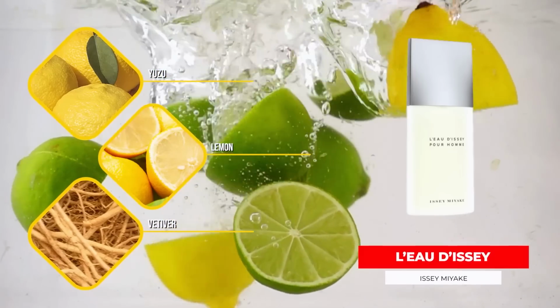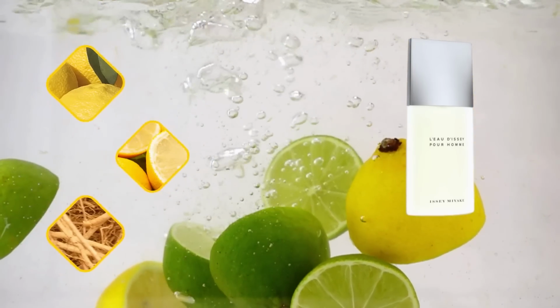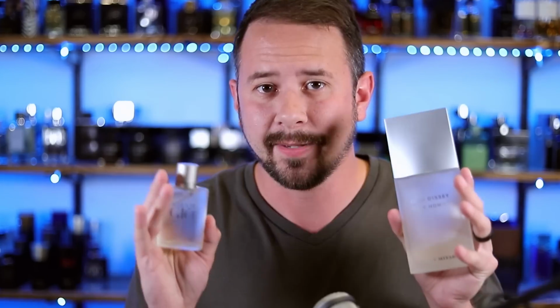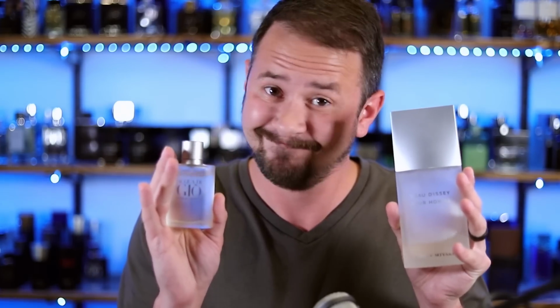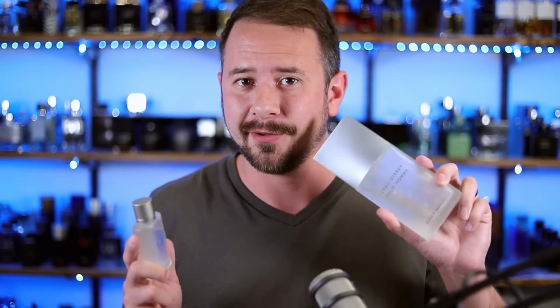Now let's go to a fragrance that actually is fresh, and this one's a bit of a modern classic as well. L'Odyssée Pour Homme from Issey Miyake. You can get it for under $22 for a 1.3 ounce bottle. And you can actually get, I believe, a 2.5 ounce for under $30 as well. It's got lemon verbena, vetiver, yuzu, and a bunch of other citrus notes as well. This one is almost linked with Acqua di Giò forever in my mind. I mean, check out the coloration. That's pretty close, right? And it seems like when these were really, really taking off, everybody was wearing either this,